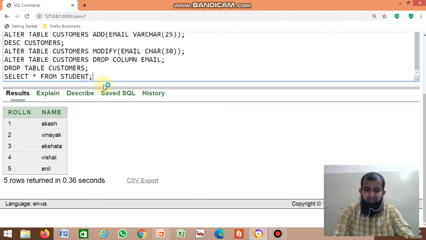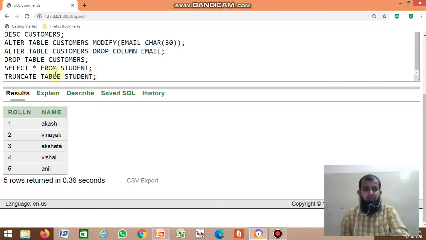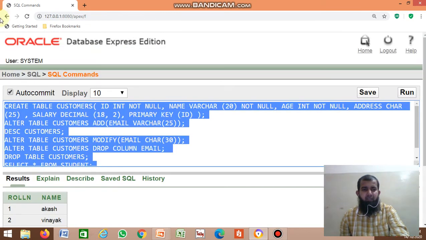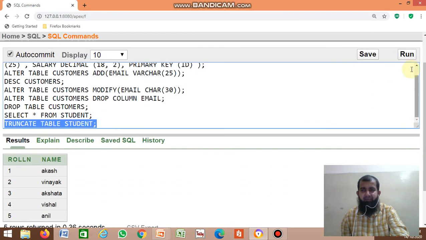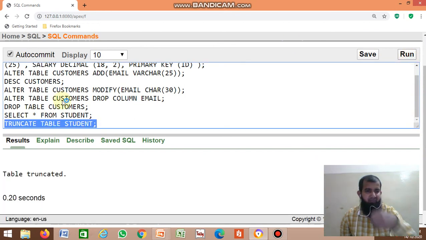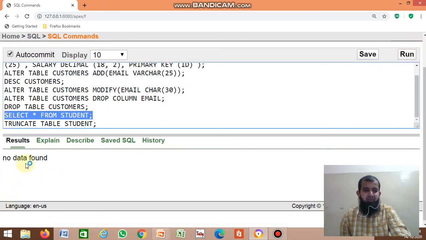If I use the truncate command, select and click run. So table truncated. If I try to display the student table, no data found, because the truncate command deleted all the records, the roll numbers and names got deleted.